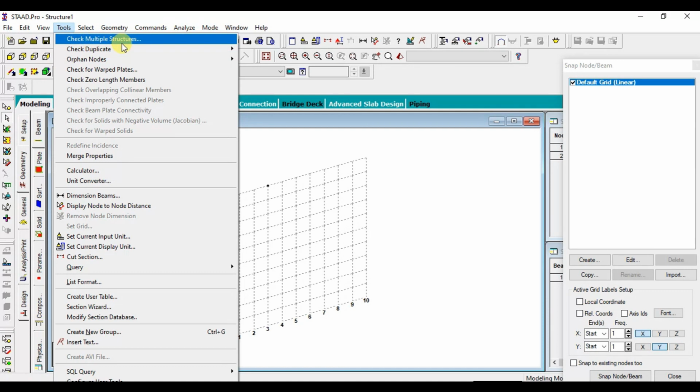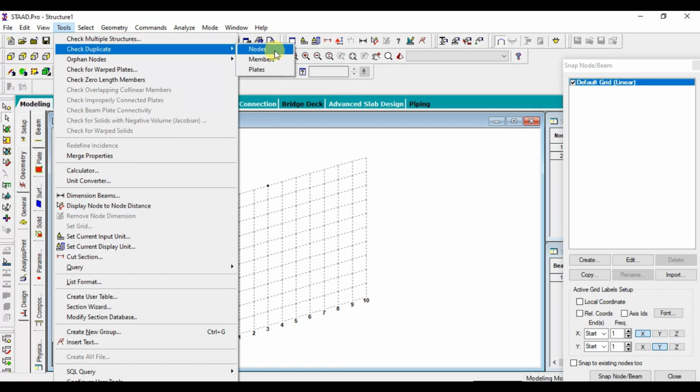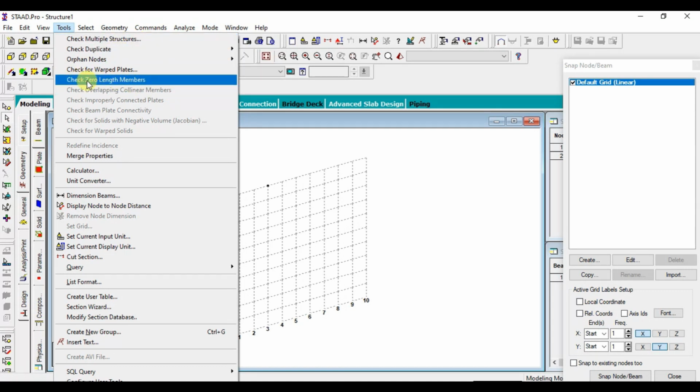You can see here we have check multiple structure, check duplicate node, member, plates, and similarly check zero length members, overlapping members, improperly connected plates, and beam plate connectivity. Using all these checks we can verify the model. It also has dimensions and unit, the input unit that we set in the previous video, and then we can get the node to node distance.